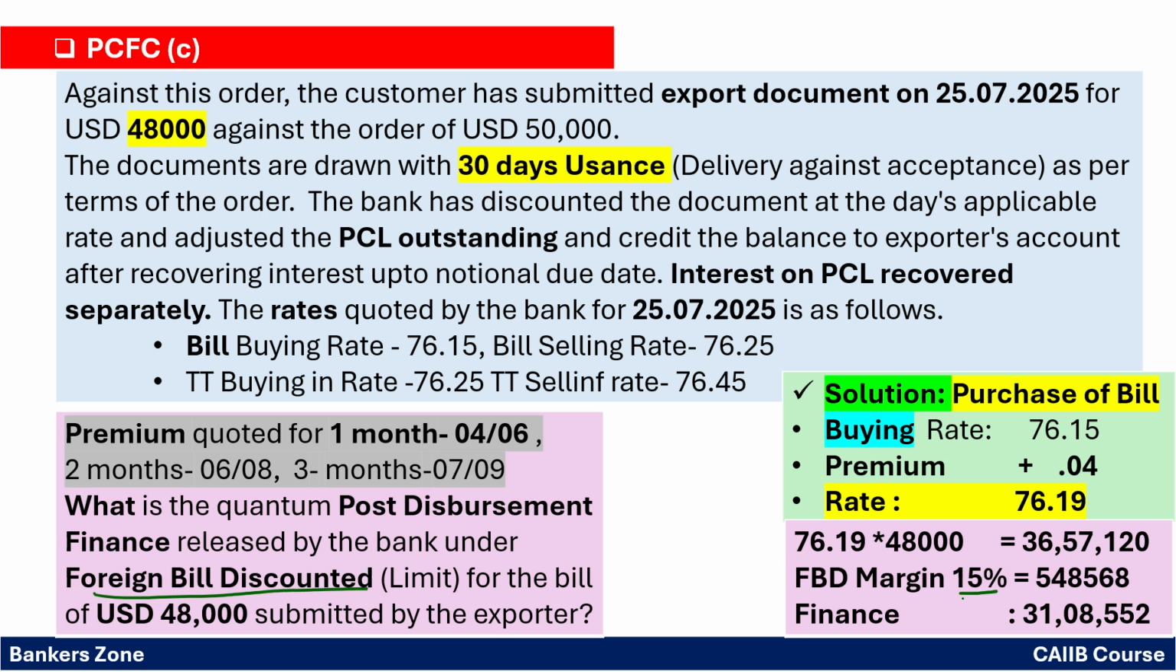The margin for it is 15%. So simply take 15% of this value. So you will get 548568. So just subtract this value from this value, right? So from 3657,120 subtract 548568, you will get 3108,552. This is the amount of finance you have to provide for the foreign bill discounting. Okay. So in that way you have to reach it in the examination. This is your final answer,